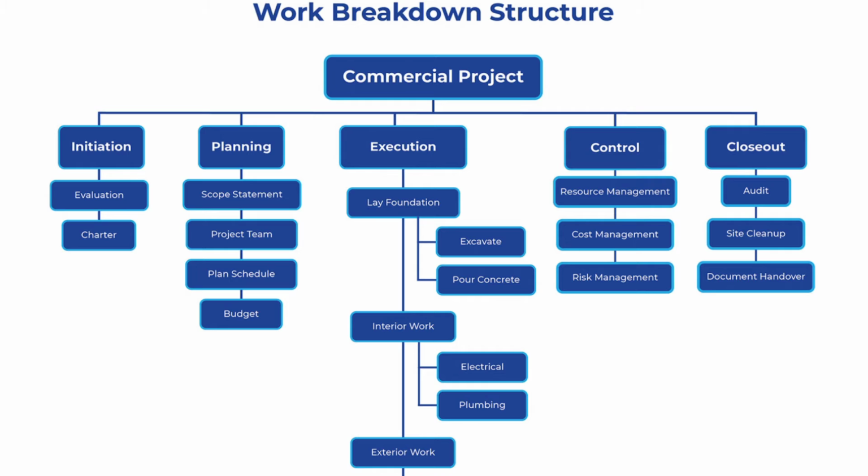Work breakdown structure, or WBS, provides an easy way to see step by step all the work that needs to be done for a project. The WBS is a numbered list of activities and deliverables. While the WBS shows us a logical structure for the work, it's not very helpful in showing the activities that are occurring at a particular time.